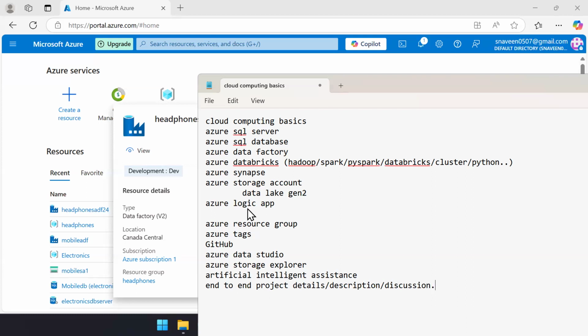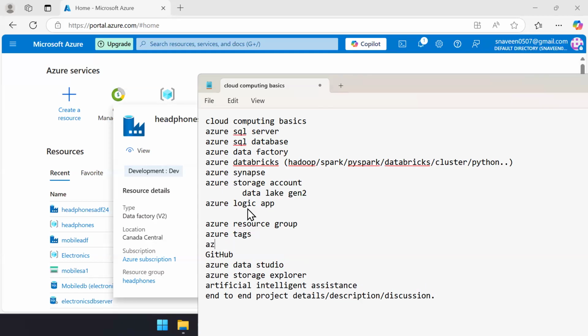Okay, guys. So I'm just checking if I have missed anything. Yeah, Key Vault. After this, we'll see Azure Key Vault. Right, did I miss anything here? Yeah, I think I have the complete list on the screen. I guess these are all we are going to cover during our tenure.